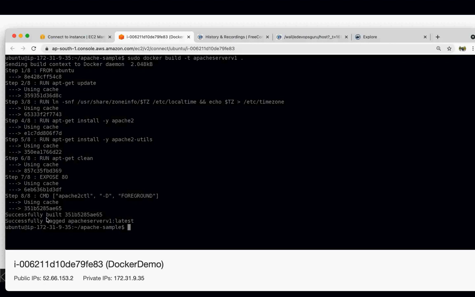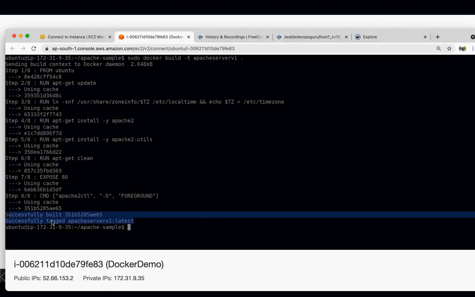So it's basically an incremental process. These numbers which you see here are container IDs. For each and every step it creates a new container, stops that container, generates a new Docker image, and for the next step uses that image to create a new container, executes the commands, and at the end it gives us a Docker image.